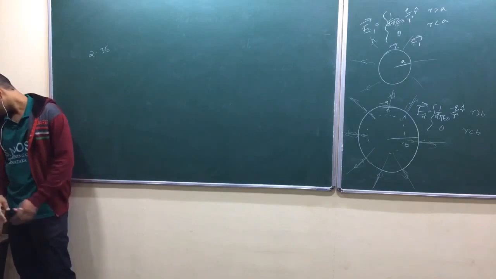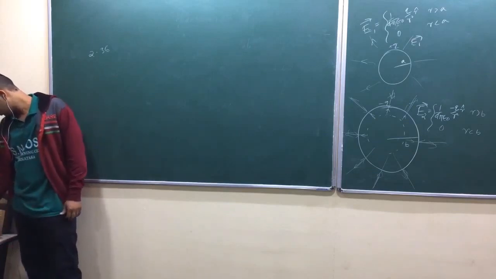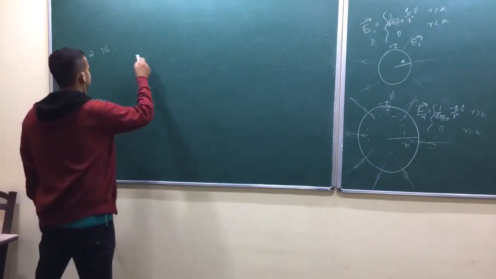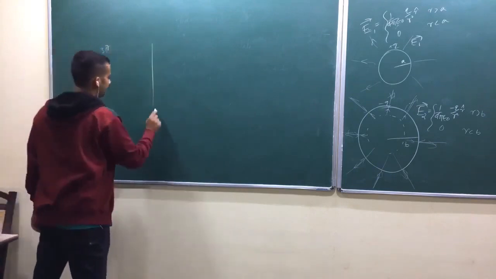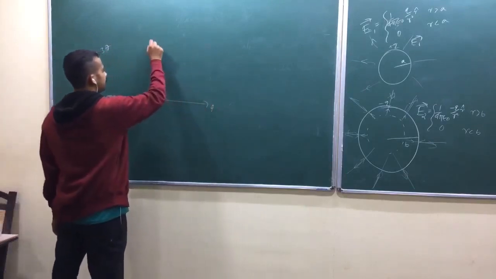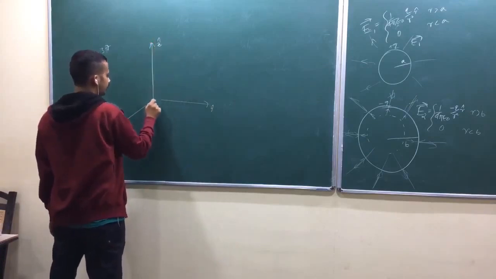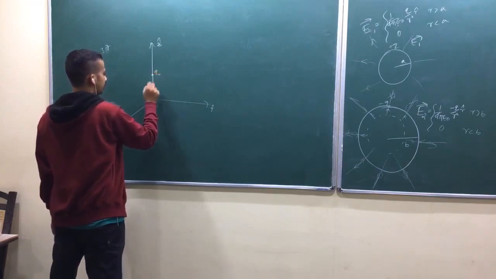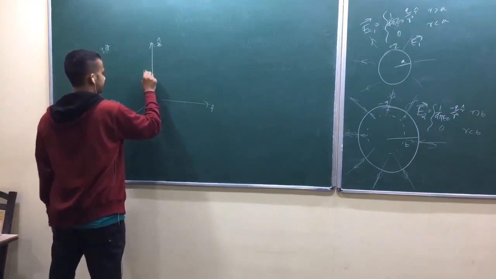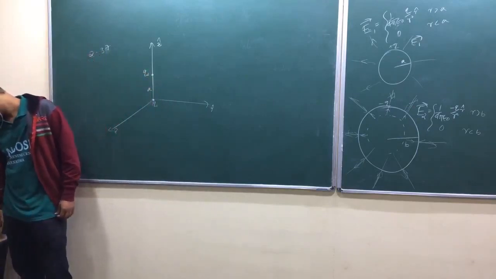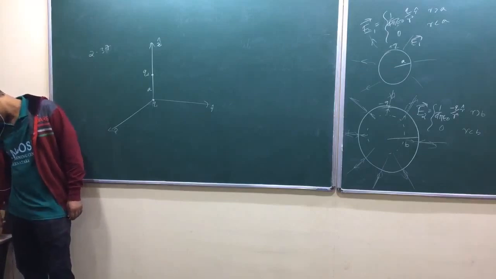Find the interaction energy, that is epsilon naught integral E1 dot E2 d tau, for two point charges Q1 and Q2. He has given all the hints in that problem. He has given almost everything. So again, unit coordinate geometry, x cap, y cap, z cap. He said place one of them at the origin, place the other one along the z axis, at a distance a from the origin. Now find the interaction energy like that, isn't it?